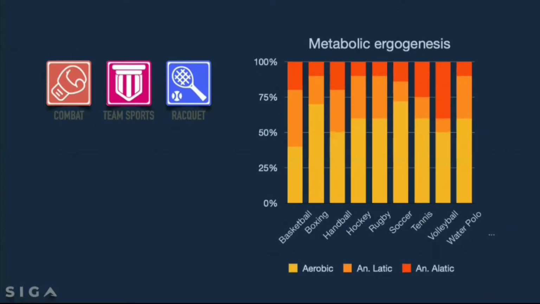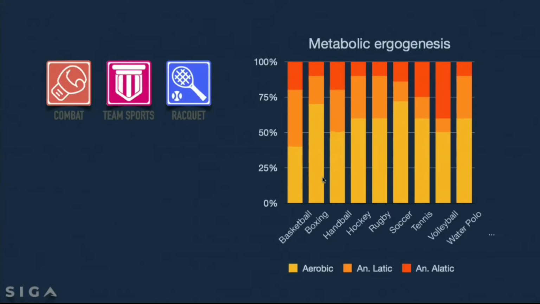Moreover, what do these sports also share? We have seen that they share the same goal for aerobic preparation, but what are the physiological bases that can lead us to prescribe more or less the same type of training based on the same type of testing? So I picked some examples in combat sports, team sports, racket sports. Those are all intermittent sports. And I've worked with all of them. And I've applied this knowledge to all of them.